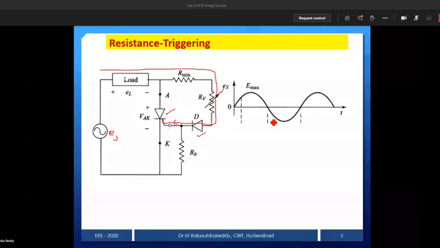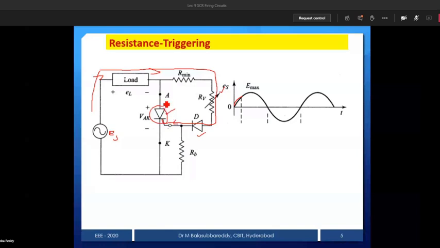At the moment, I will explain later why R minimum is required. If not, what will happen, and why the diode is also required. So just after this instant, I will explain that. Now, when supply is given, you can see that current is passing like this. How much current is passing? If supply gradually increases, automatically current also gradually increases. Once sufficient current reaches, automatically the thyristor is going to be triggered.